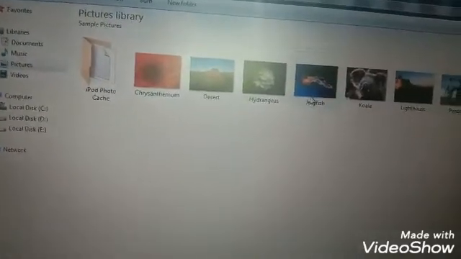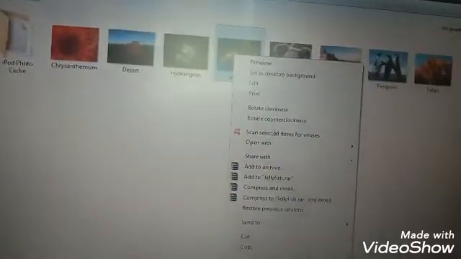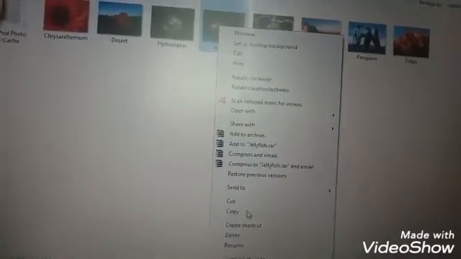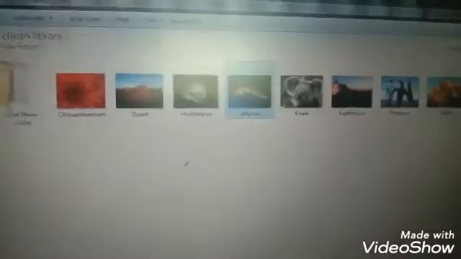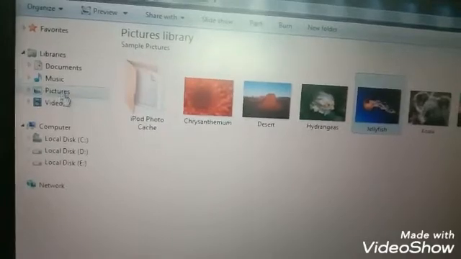Students, select the file which you want to copy. Right click by the mouse and click the copy option. The selected file gets copied, and paste where you want to.